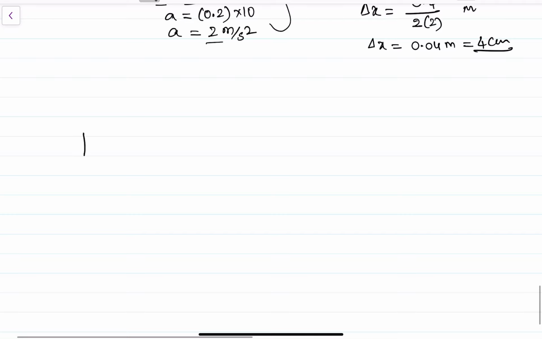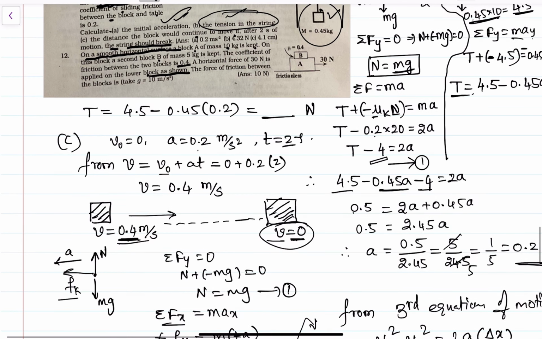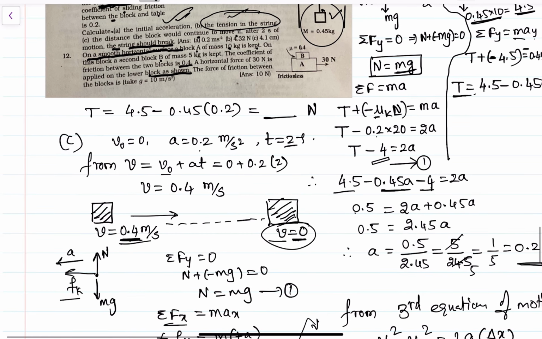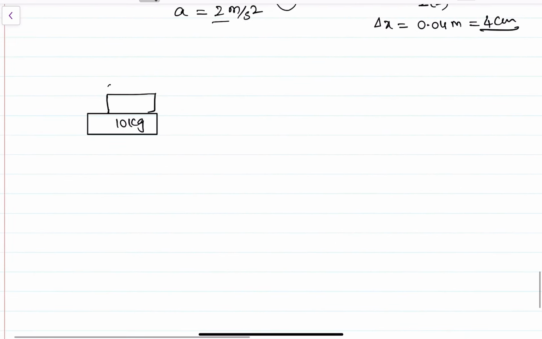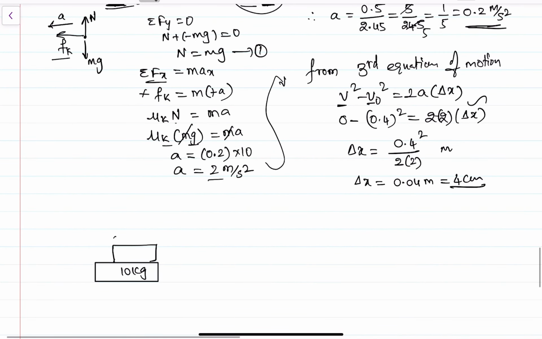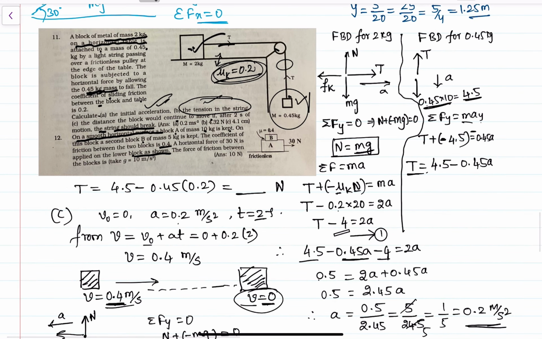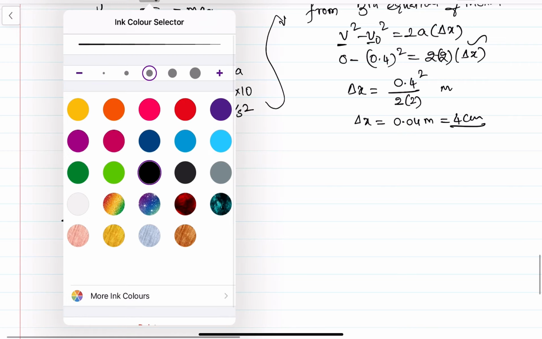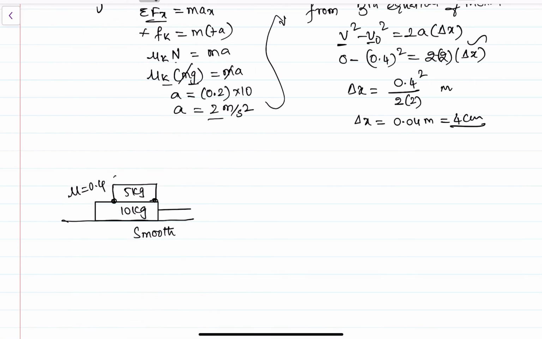So he has given like this. The situation is, this is 10 kg and this is nothing but what? And another block is having the mass of how much? 5 kg is kept on the block A. And this is a smooth surface. He mentioned it is a smooth surface. The coefficient of static friction between the two blocks is how much? Mu equal to 0.4. He has given it as 0.4. And 30 newtons of force is applied on the mass block A.